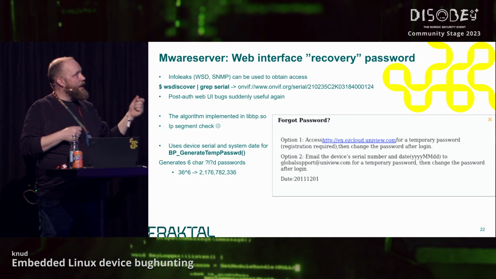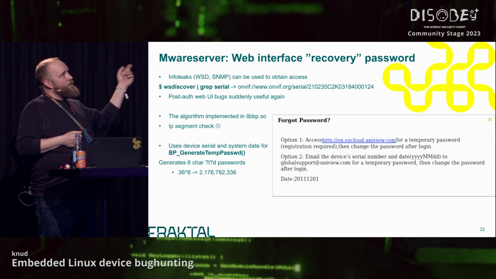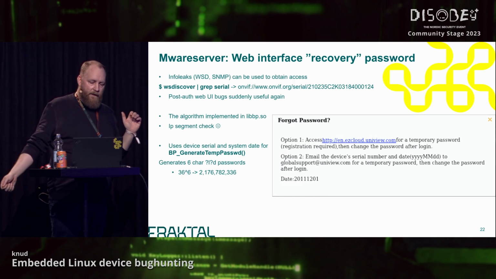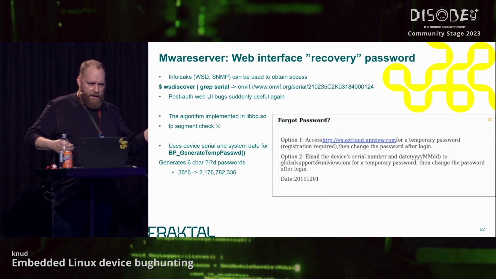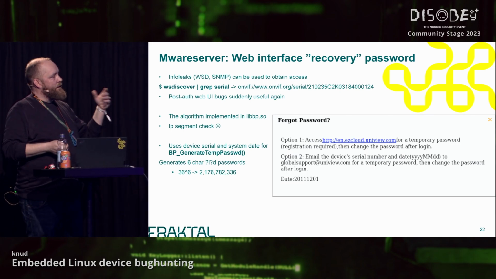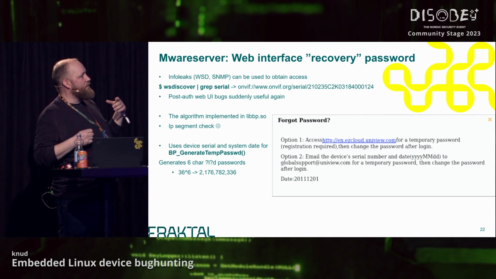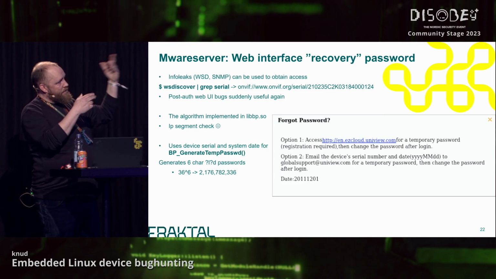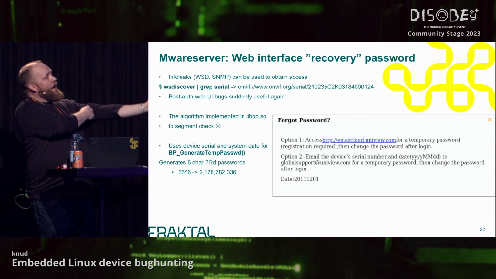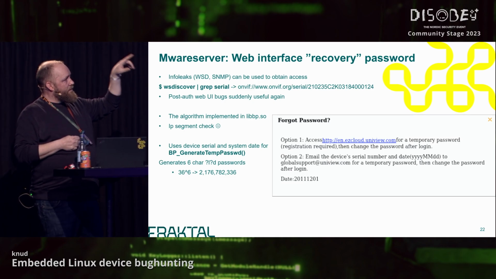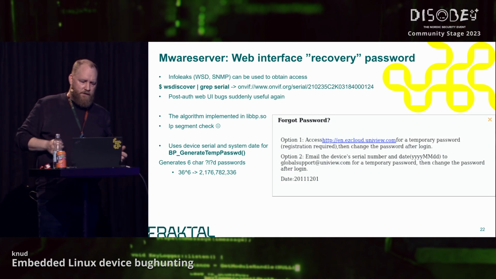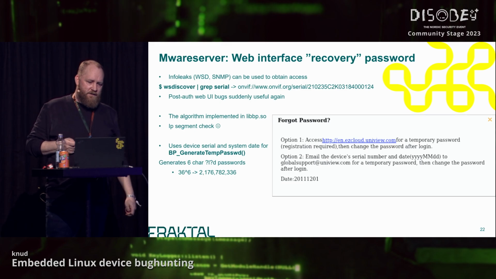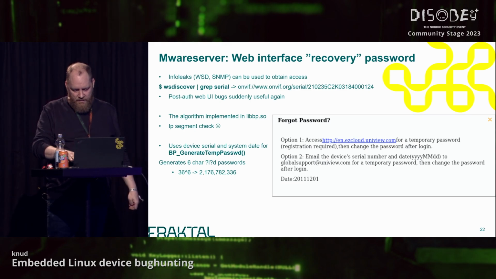unauthenticated, of course. And now the post-auth bug that I didn't like too much before is actually useful again, because now I can bypass authentication, right? I can make my own password with this and get in and exploit command injections in the web UI without knowing the real password. Looking at how the algorithm is implemented is not too interesting, but it does use the device serial and the system date for this function, and it generates 6-character lowercase and digit passwords, so they're not even that interesting. And if you had a very fast link and a very fast camera, well, there's a bit over 2 billion candidates, right? So